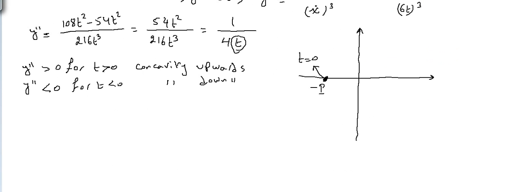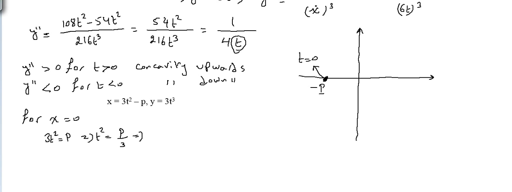We have to find what happens for x equals 0. X is 3t squared minus p, so 3t squared equals p, then t squared equals p over 3. We don't know what that point is, t equals either plus or minus. Let me draw fast. This will be the curve, because we are out of time. This point here is radical p over radical 3, so radical p over 3, and this point will be